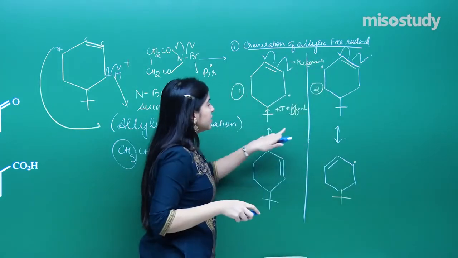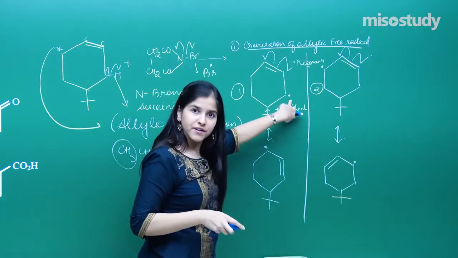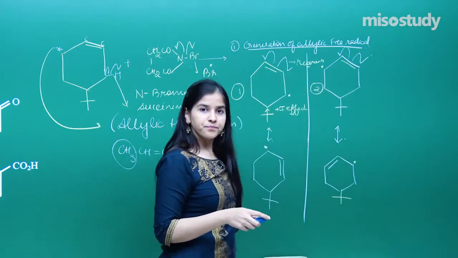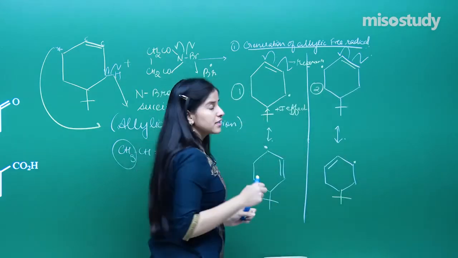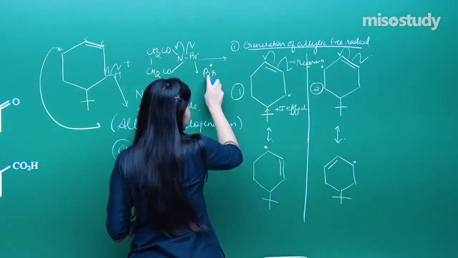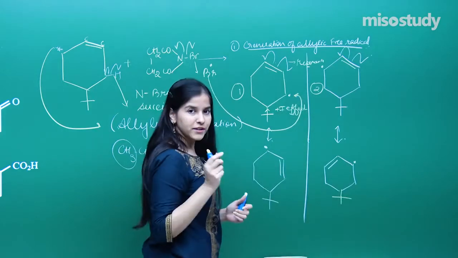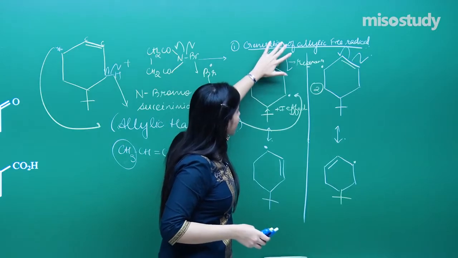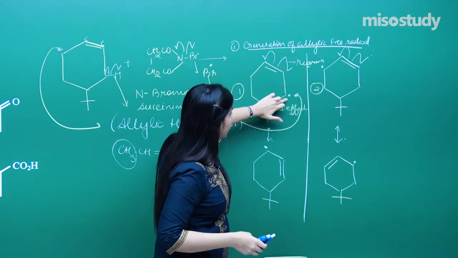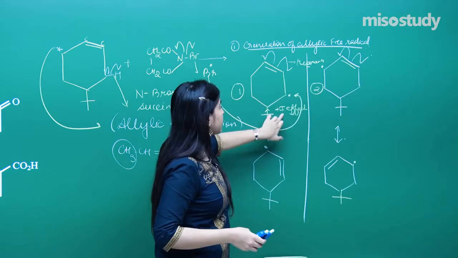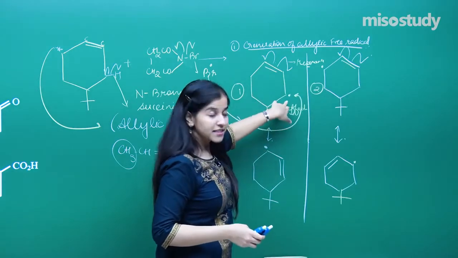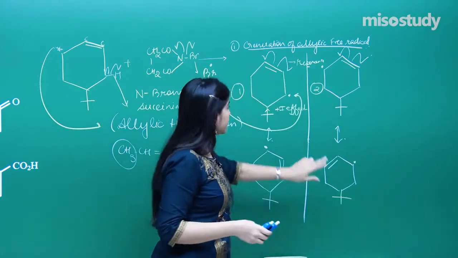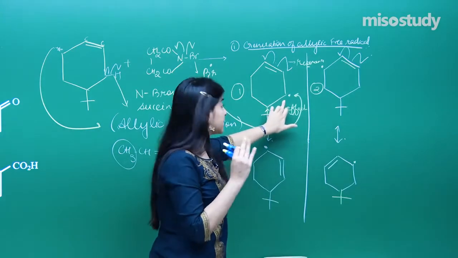That means here there is two-way stabilization of this free radical, as compared to only one-way stabilization. That means this free radical is more stabilized, and the bromine will get attached over here. I hope that is clear to you. Over here there is two-way stabilization, that means from here also there is resonance stabilization for this free radical. From here also, due to the plus I effect of this group, we get the stabilization. That means this free radical will definitely be generated due to its stabilization.